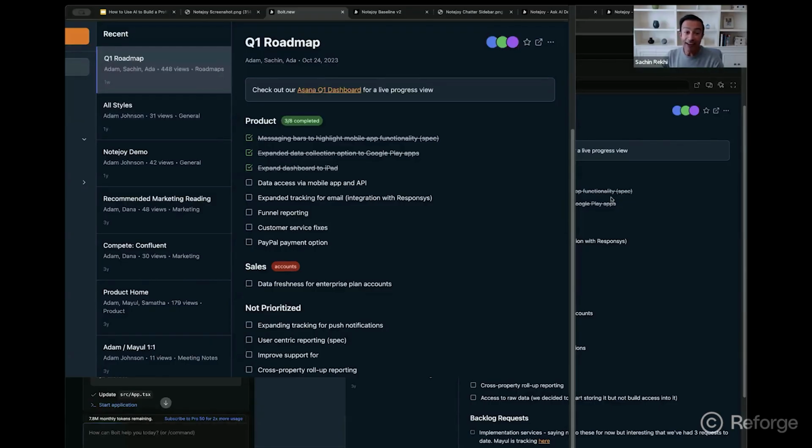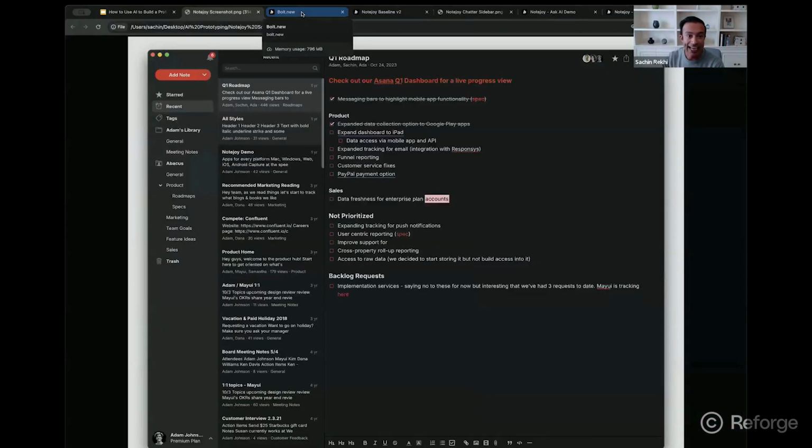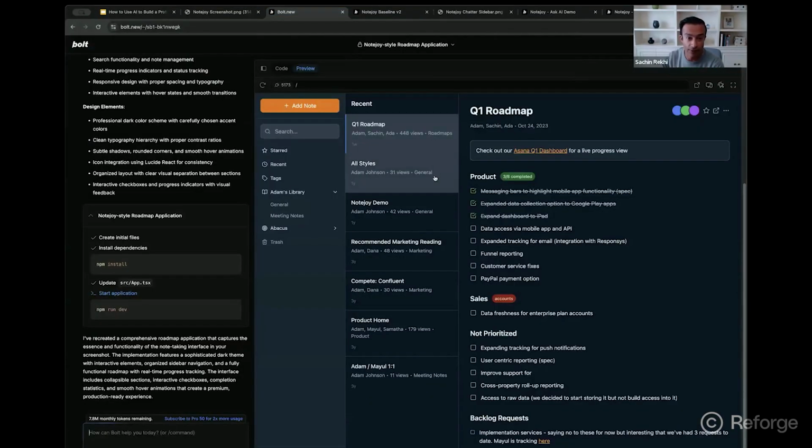Now, it's kind of amazing what it's basically done here. It's taken this static screenshot and translated it to front-end code, HTML, JavaScript, CSS, and actually recreated the application, even with hover effects here, with the note content panel, the note list, as well as this panel on the left here for my sidebar. And so it's recreating a bunch of the application. So it's done a decent job. Now, it's not perfect, and we're going to want to refine this to actually make this better.